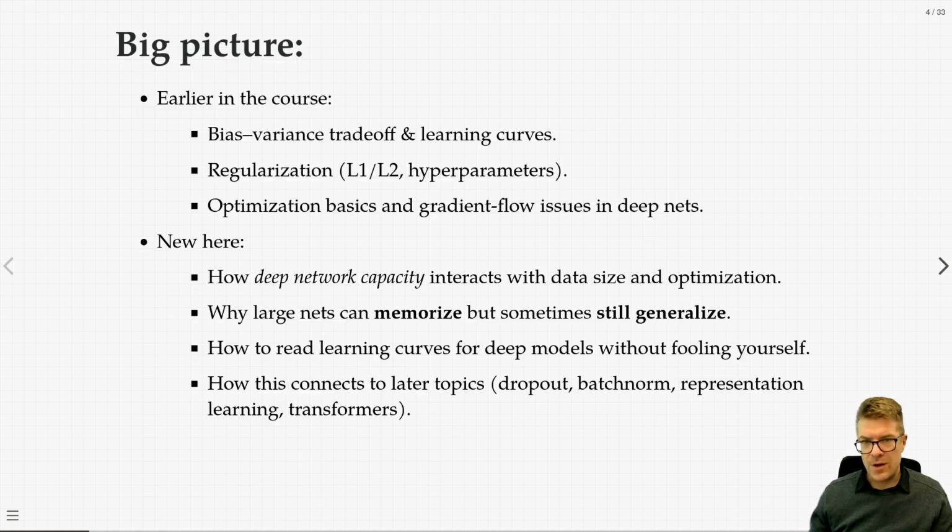We've also talked about hyperparameter tuning as a form of regularization. And then we've also seen optimization basics. We have a whole module on optimization, and we've seen aspects of it through various other modules. But now, we're dealing more and more with relatively deep neural networks. So we have to become more accustomed to the effects of deep learning on these factors.